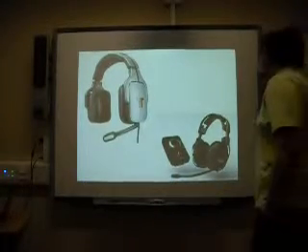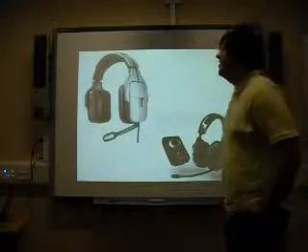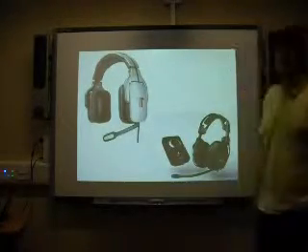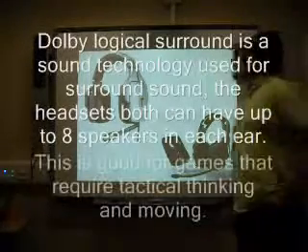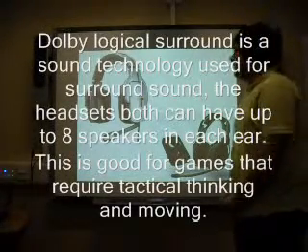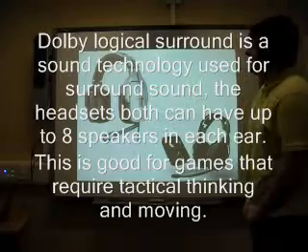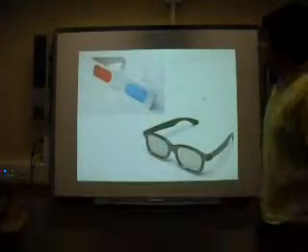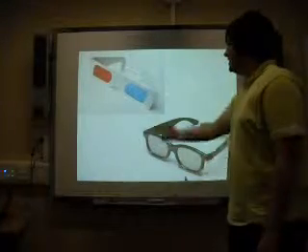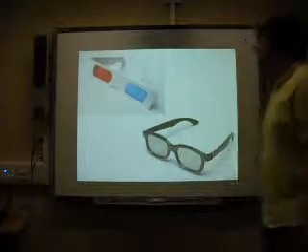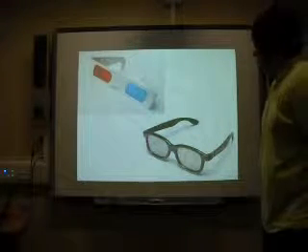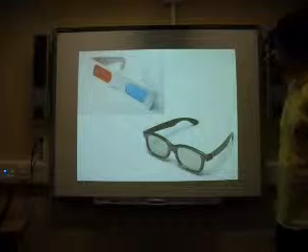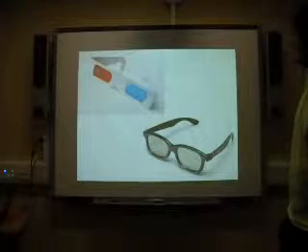There are many psychological factors due to gaming, such as these. The headsets, the Triton and the Astro, both contain Dolby Logical surround sound, which means that gamers can actually feel like they're there and hear everything a lot better. And then we've got 3D technology, retro and new, mostly new now. 3D technology just emphasises even more how much the gamer would feel in the game.